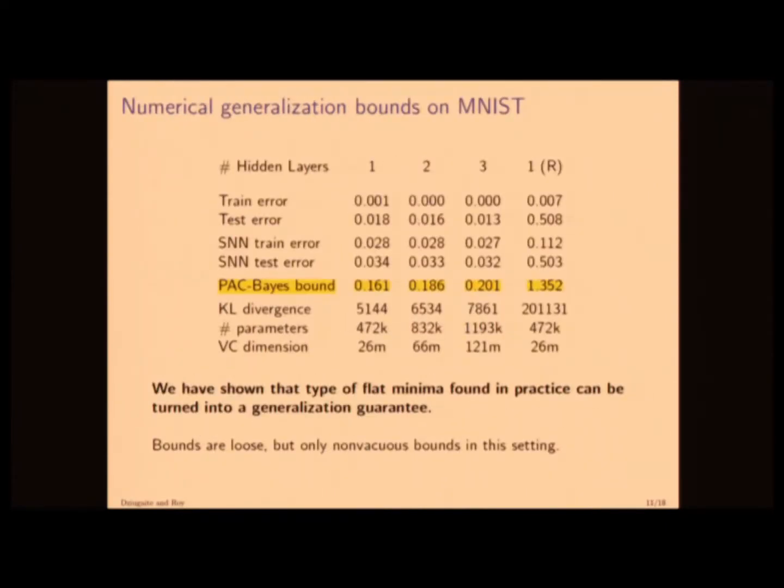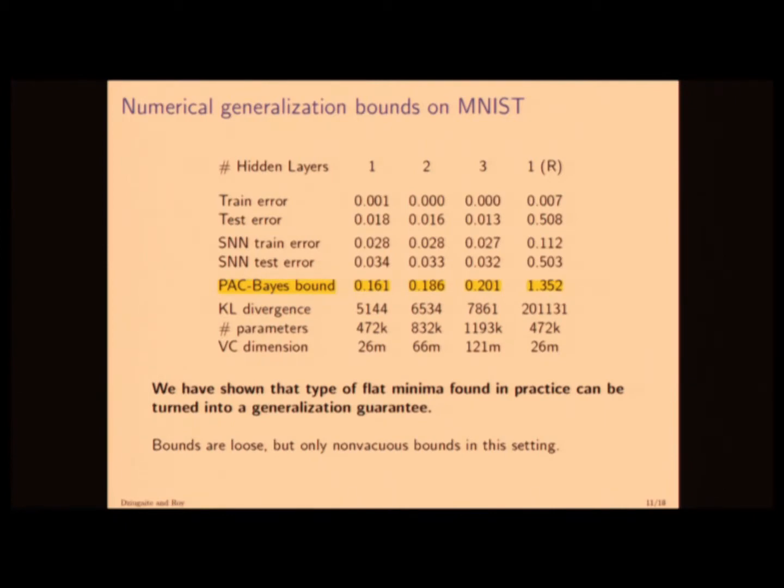Okay, so these are the numbers you get. Just as we saw earlier in that work by TTI, you can get the training error for neural networks on MNIST down to 0 error. Ignore this column for now. This is 1, 2, and 3 hidden layers, 600 units each. So these networks already have 400,000 parameters, 800,000 weights, and 1.2 million weights. Using a bound that Peter Bartlett gave me, we can upper bound their VC dimensions by 26, 66, and 121 million. So that's pretty much useless.